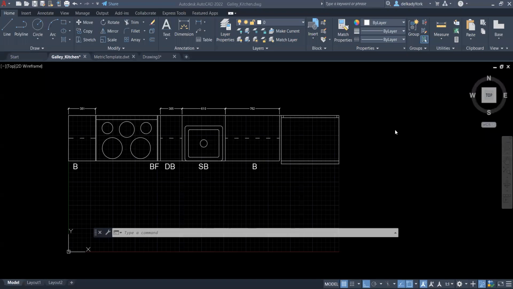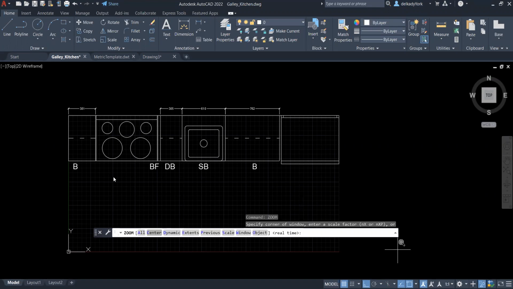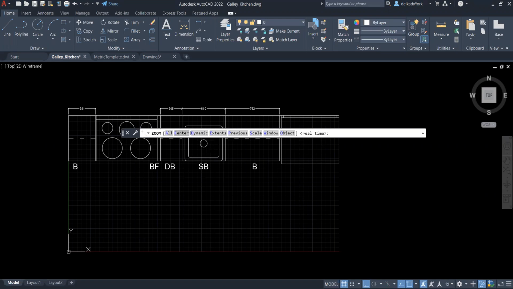I have been getting a lot of questions about how to center the view on your screen. This is the kitchen that we have been working on lately. One of the things we can do to make sure that our view of the objects that we drew is centered is to type zoom, enter, and then you can see a lot of options here. I'm just going to click on zoom extents, or I can type E and hit